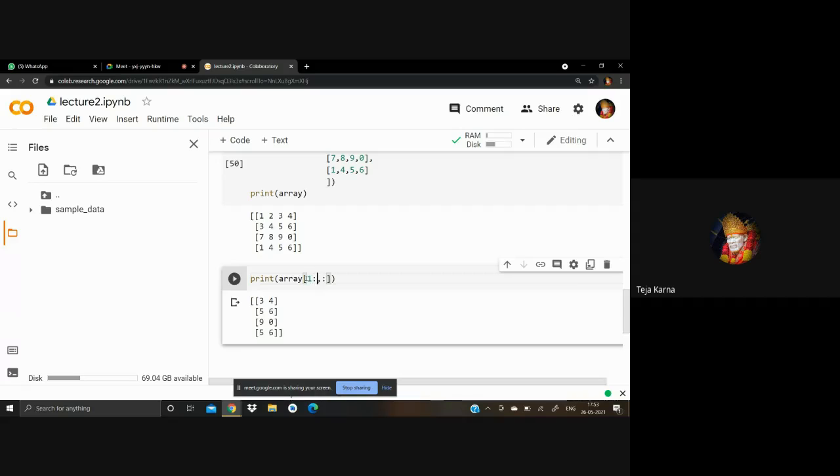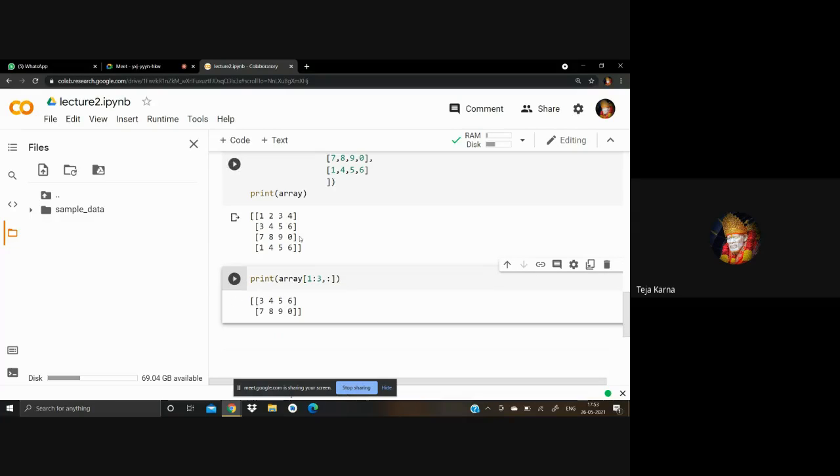So it's simple, it should be like 1:3, it will show only the middle values, fine. This is actually how indexing and slicing work in multi-dimensional arrays, fine।